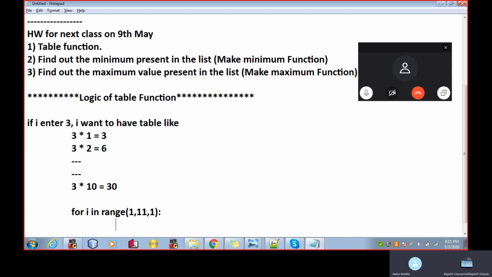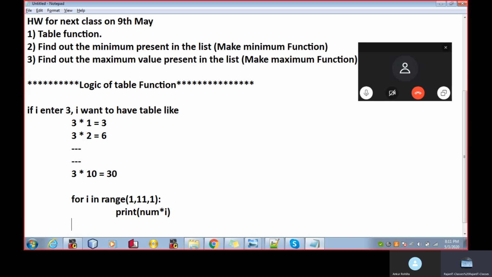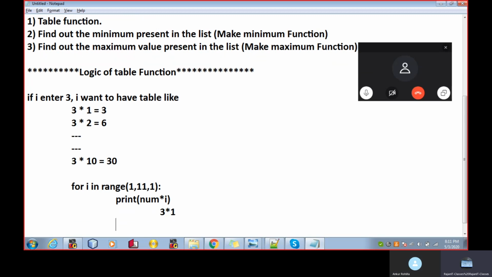Now in this, I will write the statement print number multiplied by i. The very first time the value of the number is 3 and the value of i is 1. Second time the value of number will remain the same, but the value of i will be incremented by 1, so it becomes 2.